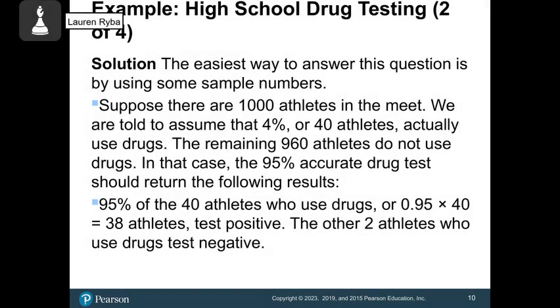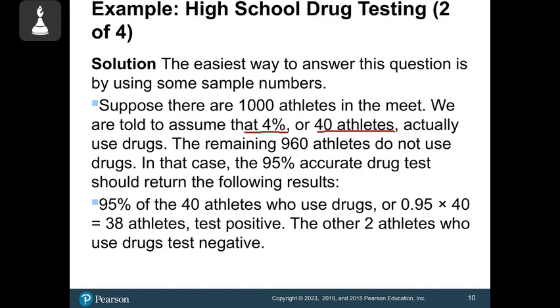I'm going to solve this two ways. The first way is we're just going to assume that there are 1,000 athletes total. Based on what we're told, 4% of those 1,000 or 40 athletes will actually be using drugs. And that means 960 athletes are not going to use the drugs. And we also know that the